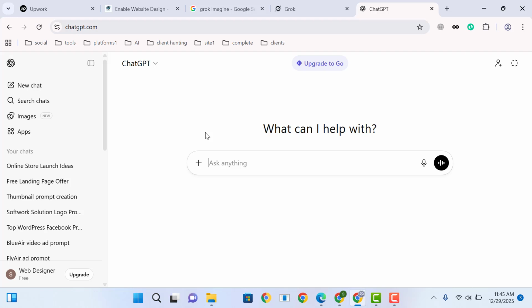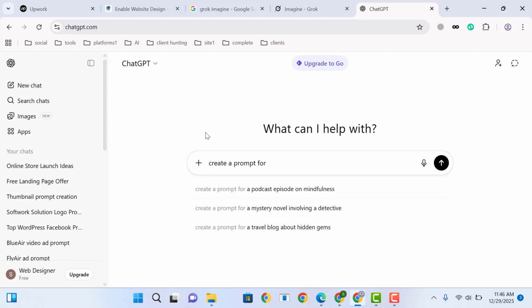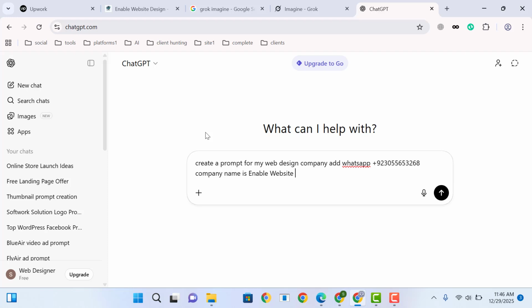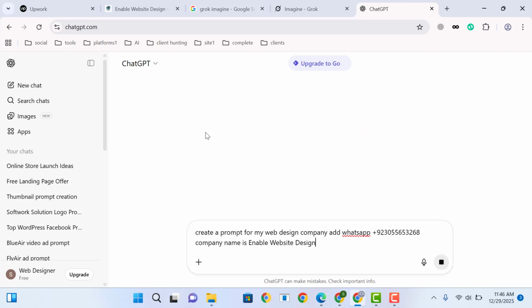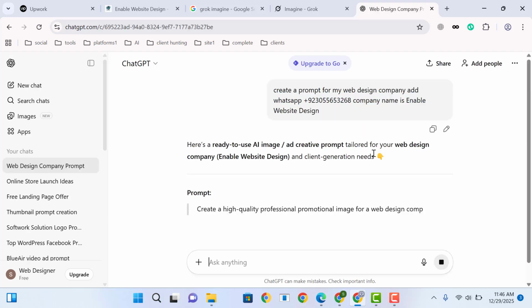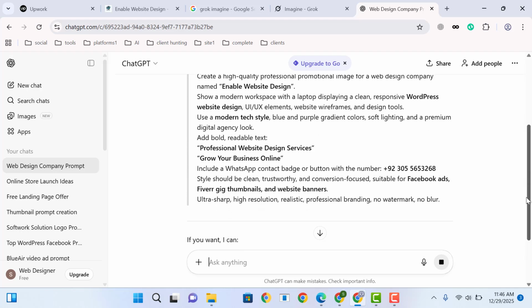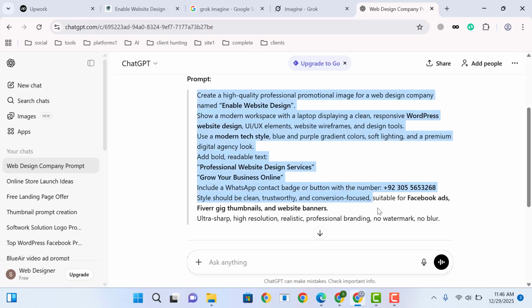Now let me go back here and type anything. Create a prompt for my web design company. Add WhatsApp. Company name is Enable Website Design. Then press enter. And within a few seconds you will get a professional prompt. Now we can copy this prompt